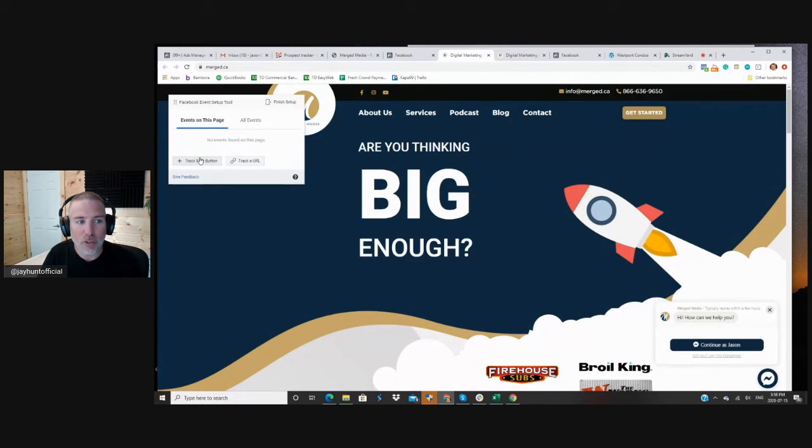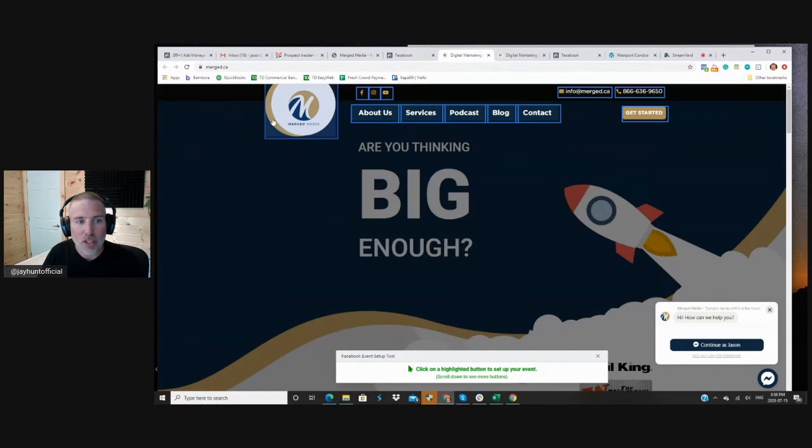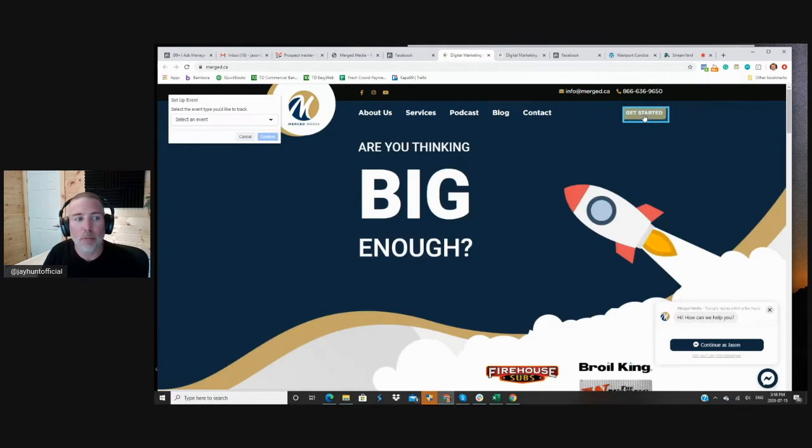Essentially, I can track a new button here, wherever I want somebody to click. So let's say I want to track people that are hitting this Get Started button in the top right-hand corner. I simply click on that, and then it's asking me over here to set up events. Select the event type you'd like to track. So let's just say if somebody clicks that Get Started,